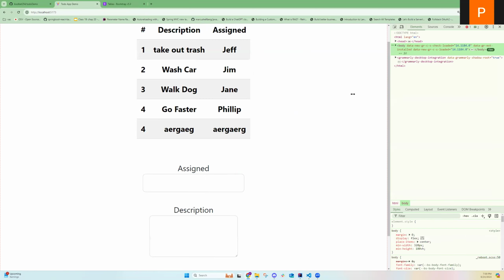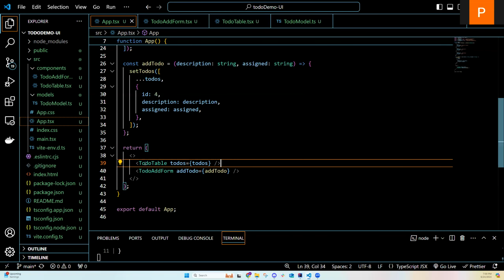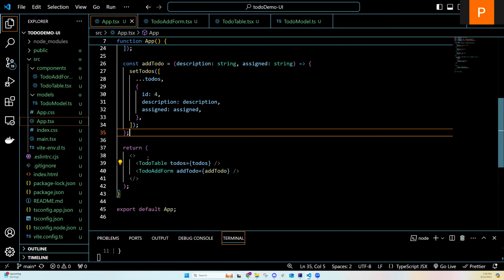The other thing I do every once in a while is I just come over here and I look at this thing right here. And even though this will not throw an error, like it doesn't stop my functionality, I don't like errors over here. So one thing that it does tell me is anytime I have a list, I need to have a unique key property. So whenever I go to my to-do table,